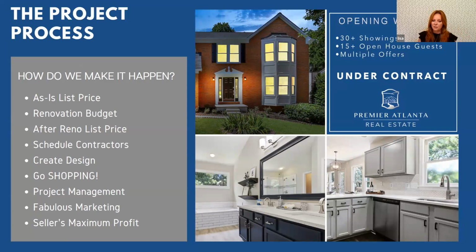You're going to come up with an after-renovation list price. I'm going to create a design for this home that I think would fit the market and that home specifically. I'm going to go shopping. I'm going to buy everything these clients need: their light fixtures, their new faucets, their tile for their new backsplash, whatever it is we're doing. I'm going to manage this project completely from start to finish with all of my own contractors who I have partnered with for years, who've done countless projects with me,